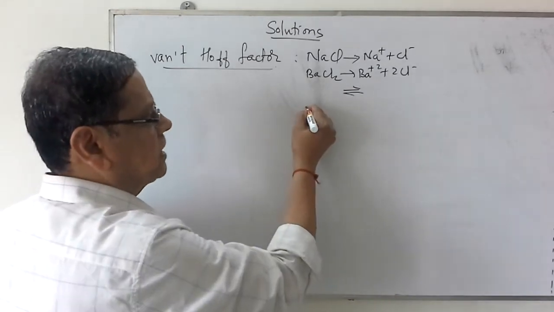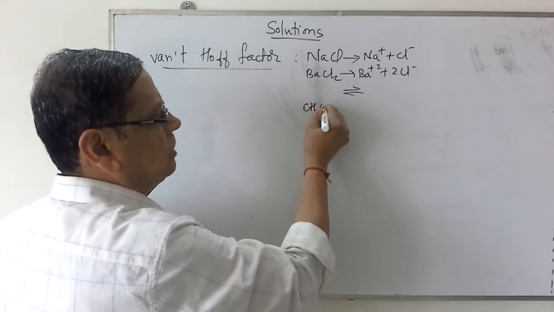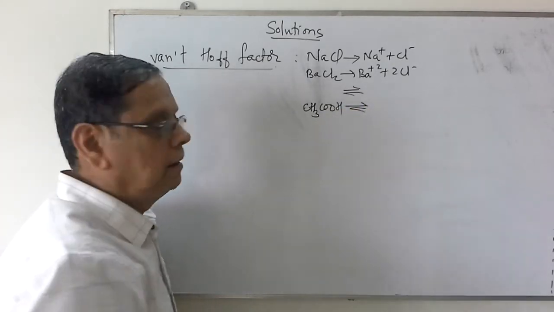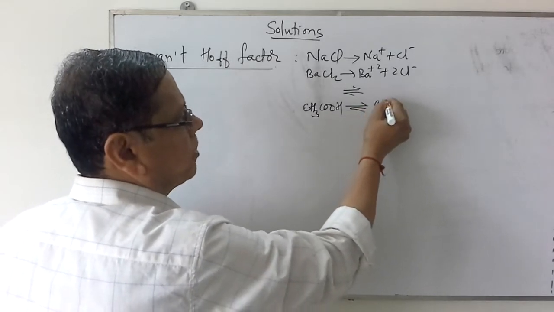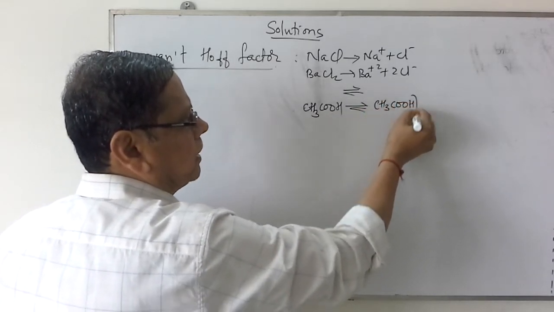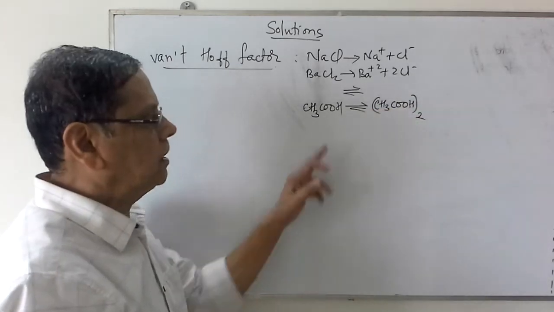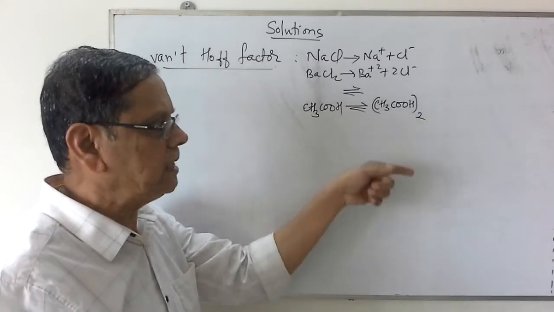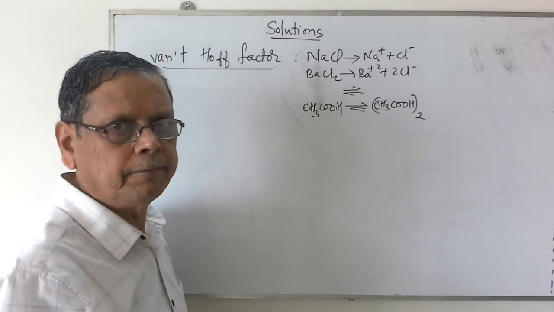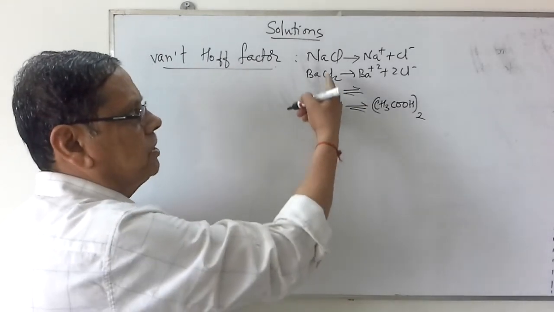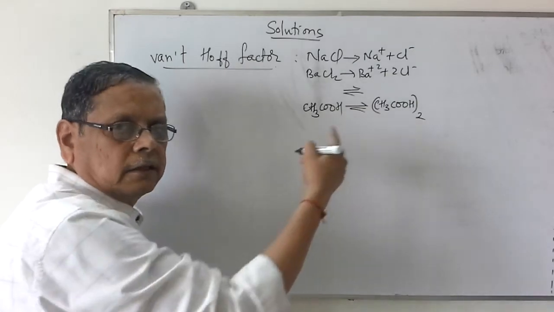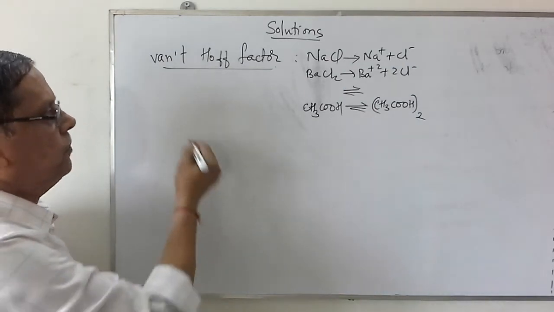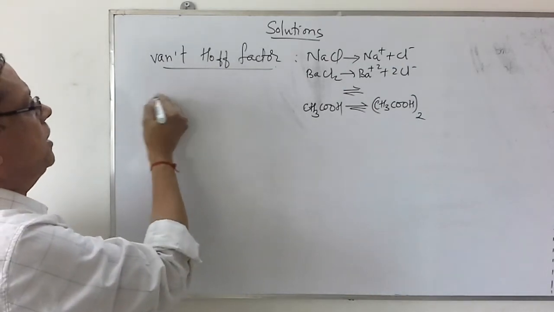Now if you consider acetic acid, CH3COOH, when you dissolve it in a solvent like benzene, it will undergo association to form dimers, (CH3COOH)2. When it undergoes association to form the dimer, trimer, etc., then automatically the number of particles available for the colligative property will be less. So in these two cases, which undergo dissociation or association, Van't Hoff explained the factor that is called the Van't Hoff factor. This Van't Hoff factor is indicated with the symbol i.